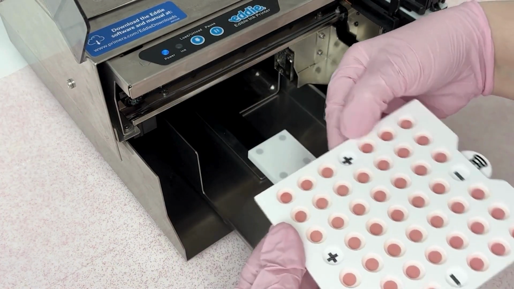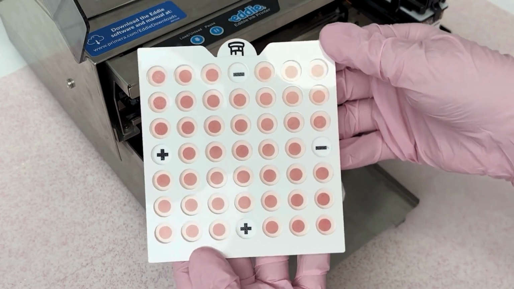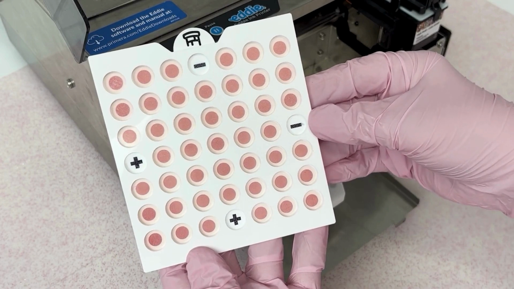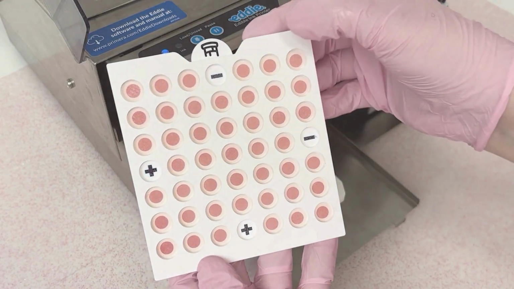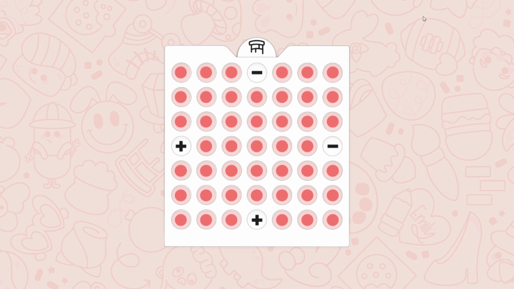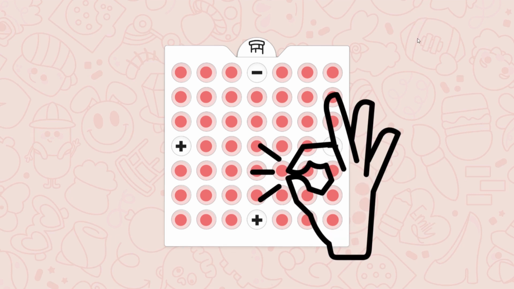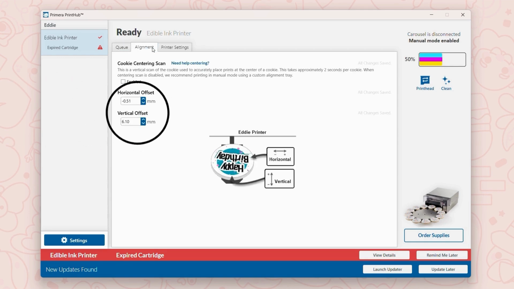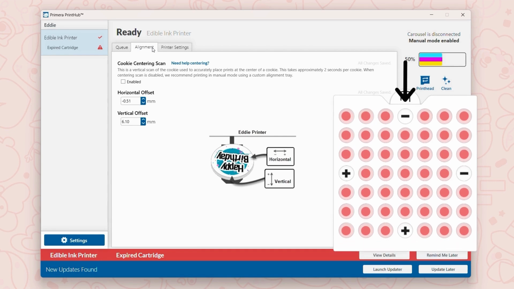This is why I highly recommend to calibrate your Eddie to your sprinkle tray before doing your candy topper setup, because you should be pretty close already with alignment. However, if you find that you do need to make some offset adjustments to fine tune your print to your candy topper, you can do so in the Eddie config, following the same process we used to calibrate your sprinkle tray by adjusting the offsets here in the alignment tab, using the pluses and minuses printed on the tray to